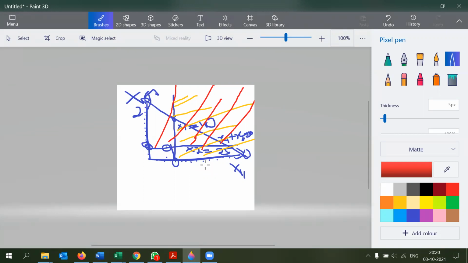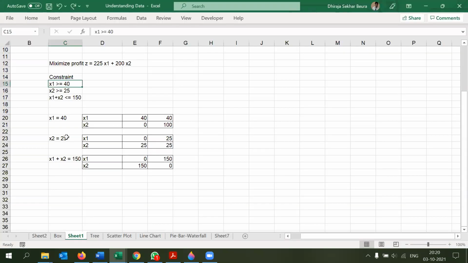Now we want a region where all three conditions would be satisfied. You are very right. What I'm doing is going equation by equation. Then we'll find out which is that region where all three conditions are satisfied. So what we found out now are the first equation and second equation feasible regions, and I have drawn the lines. Let's go to the third one.